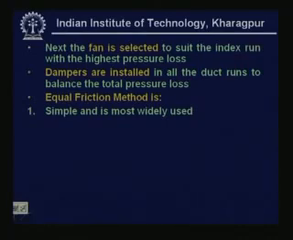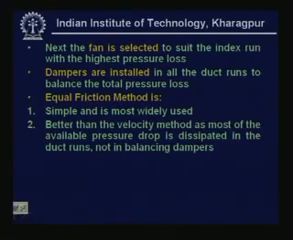Okay. Among all the conventional methods, this is the most widely used method, and this method is better than the velocity method, as most of the available pressure drop is dissipated in the duct runs, not in balancing dampers. Okay. So, this is better than the velocity method, because if you have frictional pressure drop available, then you can reduce the dimensions of the duct, so that you can dissipate the available frictional pressure drop in the ducts itself. Thereby, you can go for smaller ducts, right, rather than wasting it in the dampers. Okay. So, that is how this method is slightly better than the velocity method,